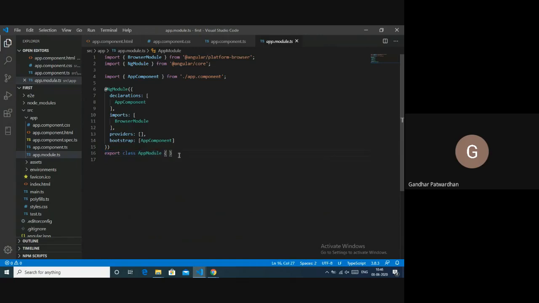A very important thing to note is that, at the top level, an Angular application is composed of one module, a top level module, which is app module. Inside this app module, there can be many child modules. So how is the hierarchy? We have a parent module, which is app module, and inside it we can have n number of other modules.